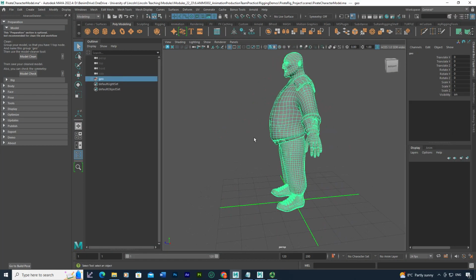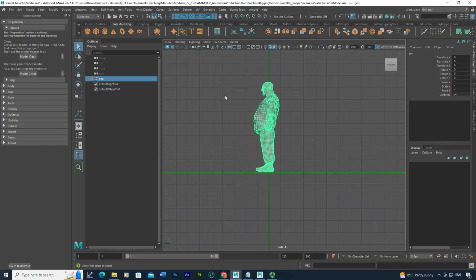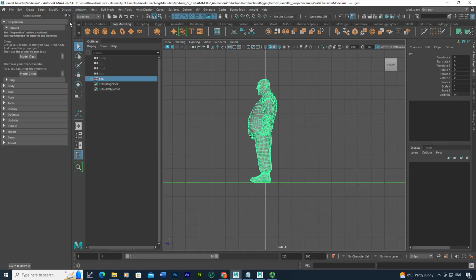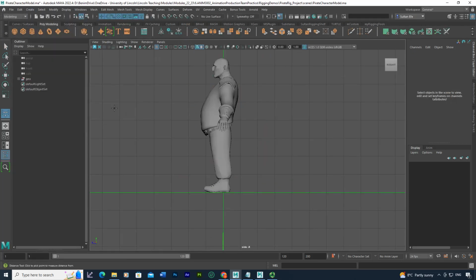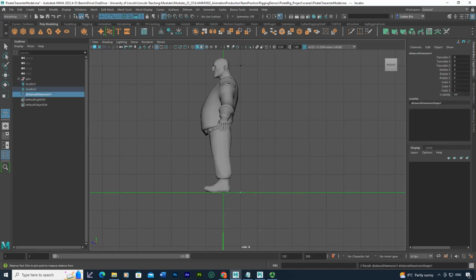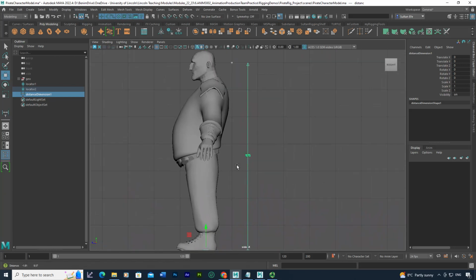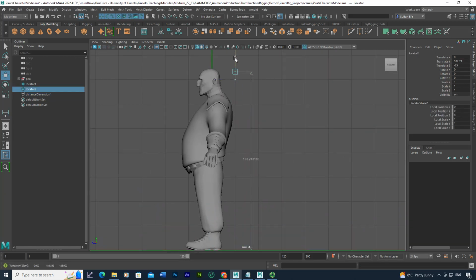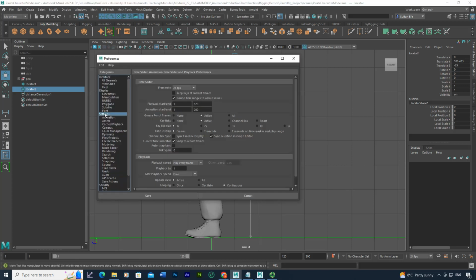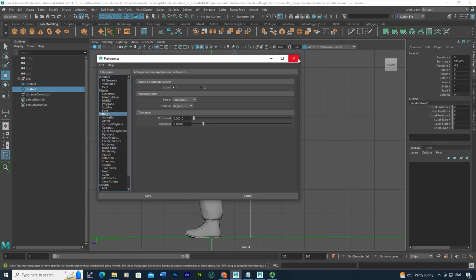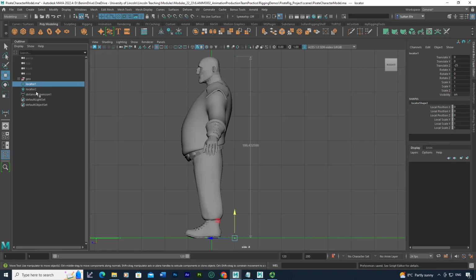So that's done, and the next thing to do is just make sure your character is in the right scale. I'm just going to turn it off by going to Create, Measure Tools, Distance Tool. I'm holding on to the X button to snap to the grid, and also one in here. So it's 175 centimeters up to that point, and I'm just going to increase it. Here we go. So this character is roughly 186.4 centimeters, and I verified that I've got centimeters here under my settings. So that's done,